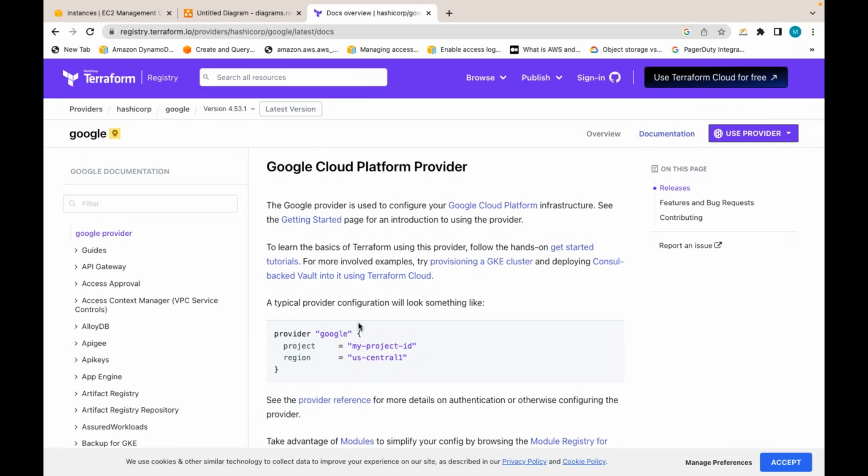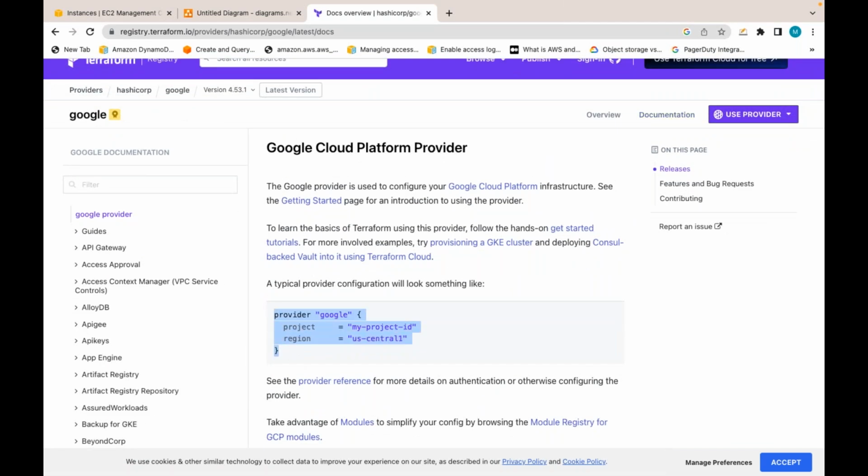Provider information. If I have to use the Google provider, yes, provider Google. Under which region? What is your Google project ID? Google has different concepts. So with Google, you are going to manage the Google resources under one project. You are saying under this project, under this region, I want to manage Google resources. Like this,